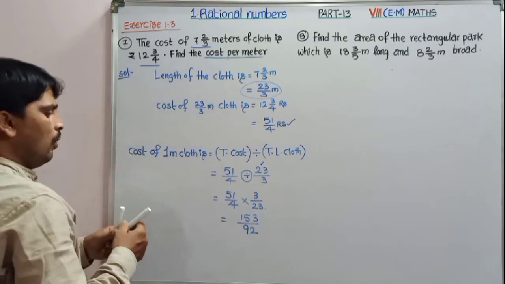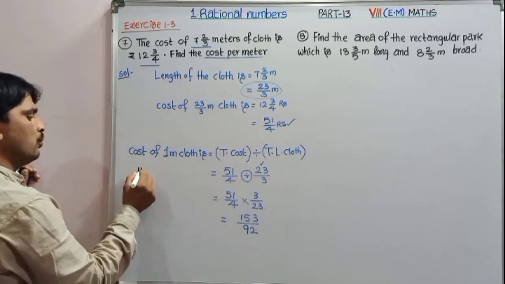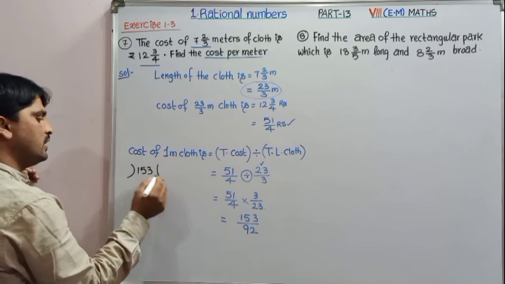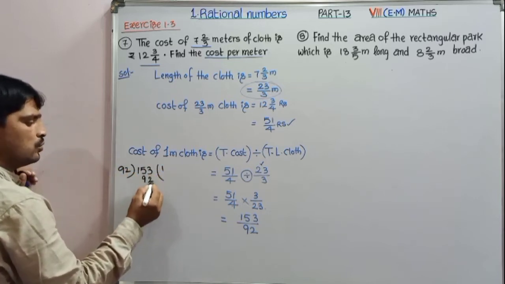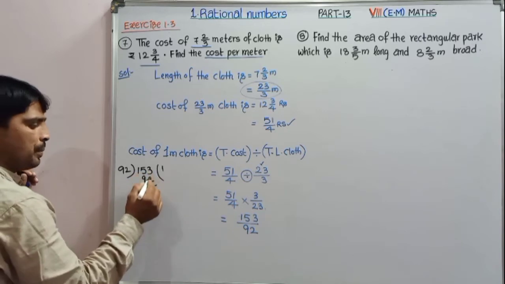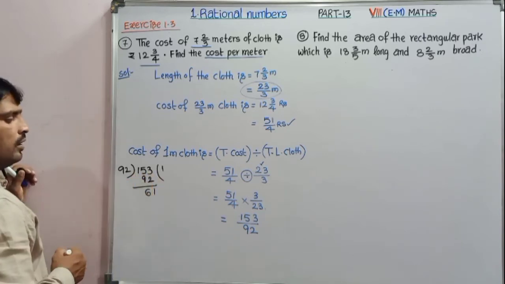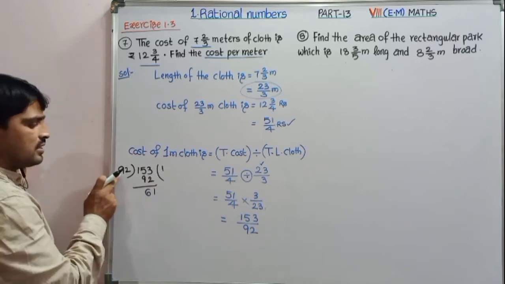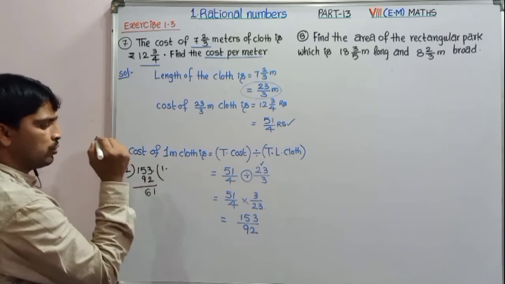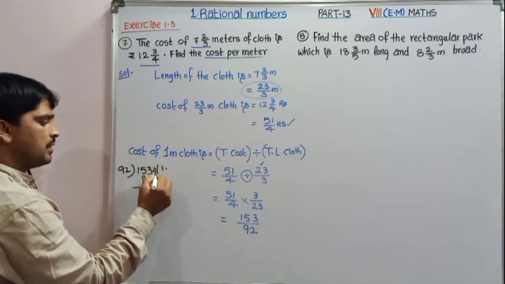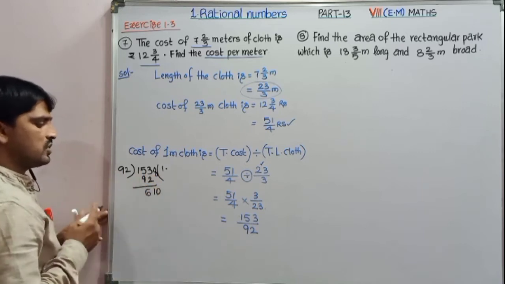Now we have to divide this 153 by 92. What do we get, let us see. 92 ones are 92. 3 minus 2 is 1. 15 minus 9 is 6. But 61 is less than the divisor. So put a decimal point in the dividend place as well as at the end of the quotient part. Consider as many zeros as you wish in the dividend part. So drop a 0, that is 610.